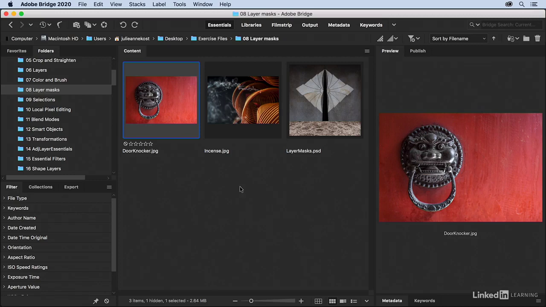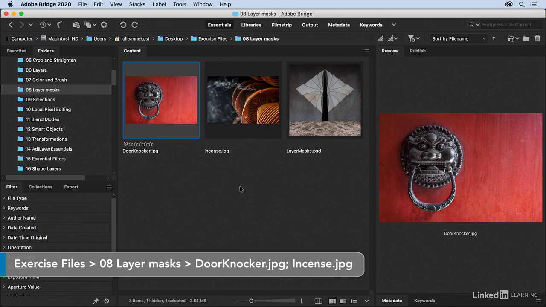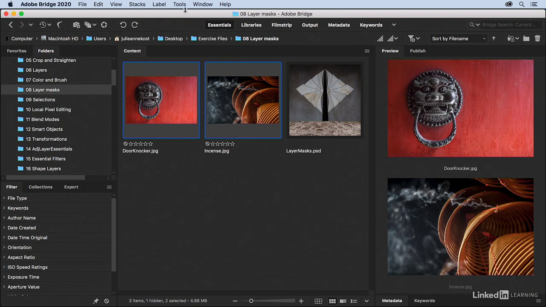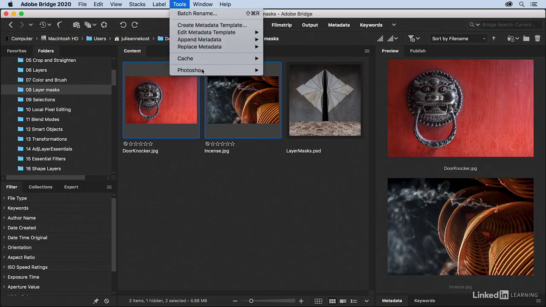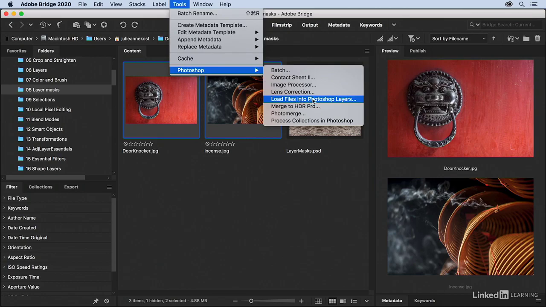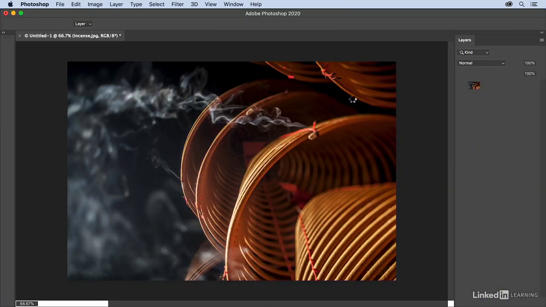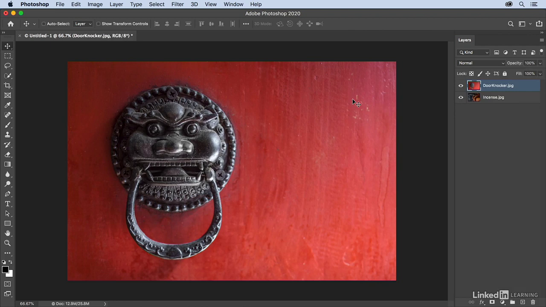In order to achieve the effect where one photograph slowly blends into another, we're going to use the gradient tool to draw in a layer mask. So from Bridge, I'm going to select both of these images and then use Tools, Photoshop, and then load files into Photoshop layers. That tells Bridge to open up both of those images and put them into a single document